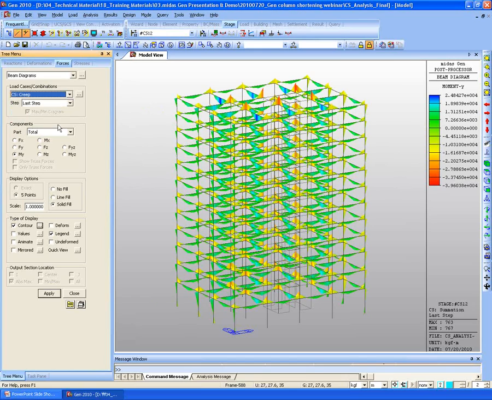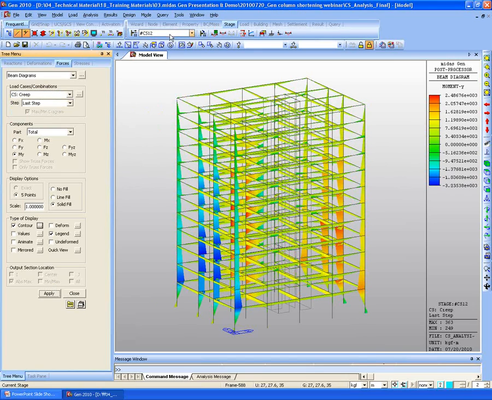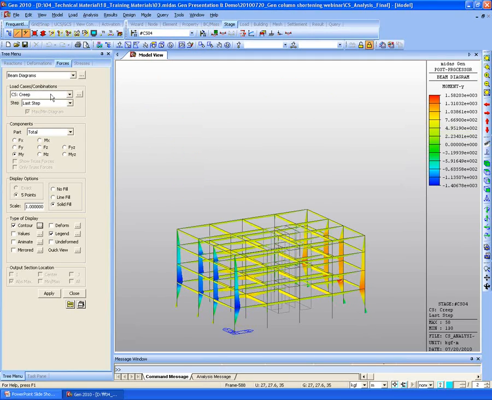Also, we can check the creep and shrinkage effects separately as well for each different stage. For the shrinkage effect,